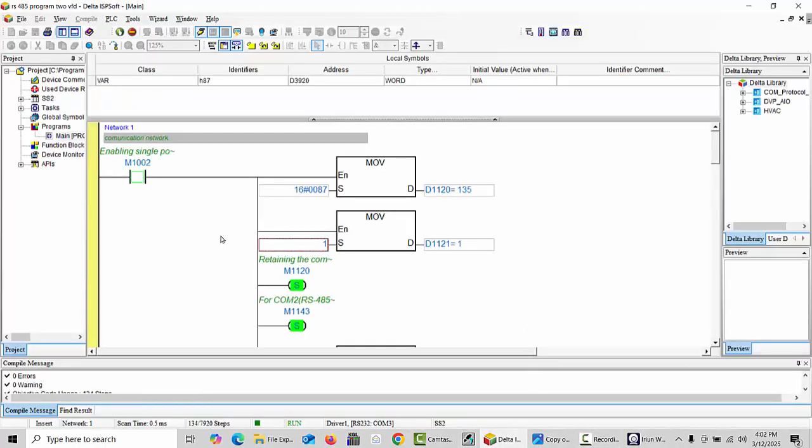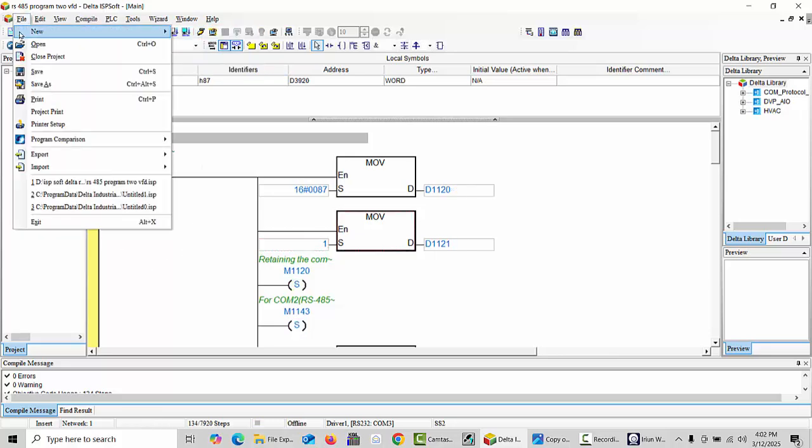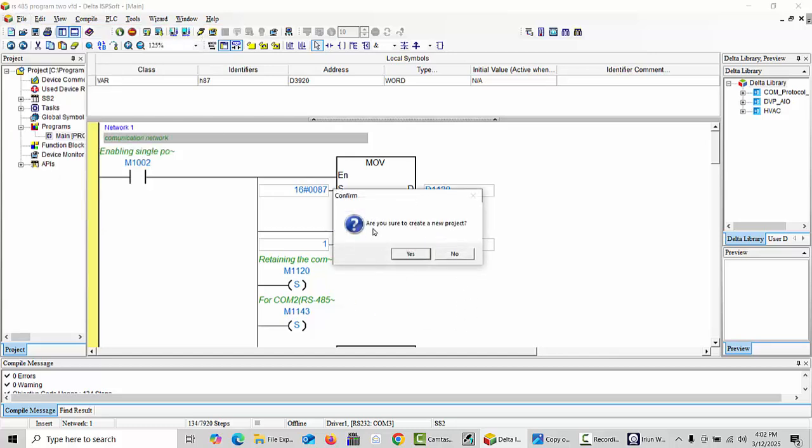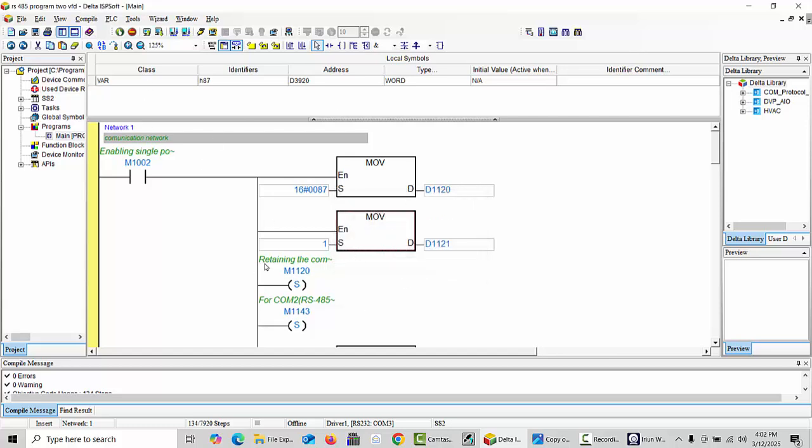This is the ISPSoft software, and if you are using it, you may understand how to create a new project. You can just click New here, and then confirm you are sure. I have already created one, but if you like, you can create a new project. First of all, it is the same as I already explained for the Delta PLC 14SS2